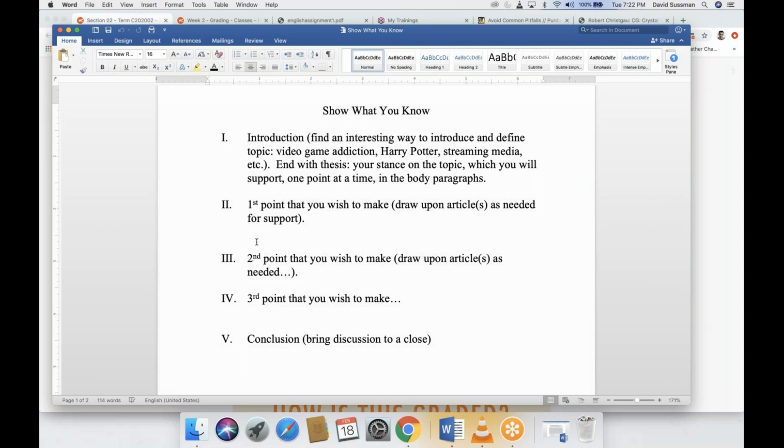And then the body of the paper, you're going to present the first point you wish to make from the article. Okay? The second point you wish to make. Third point, right? So this idea of one topic per paragraph. So if there are 3 things in the Mark Lewis article that you wish to respond to, identify those 3 things, and those will become the topics of these 3 paragraphs, right? First, the article states that, and then you take time to explain it, and then you respond with what you have to say. Then there should be a short conclusion where you sort of echo your main point again and bring the essay to a close.